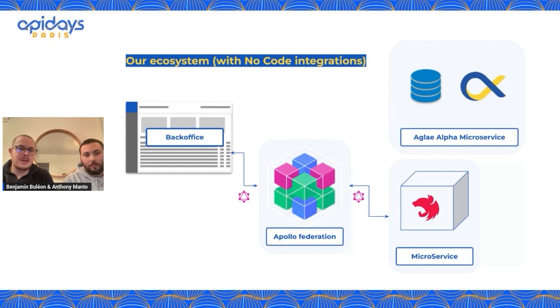Every time Aglaé Alpha sends or receives a message, it is stored in a database, in our case, a PostgreSQL database. And we would like to be able, for example, to display in the back office the conversation between a worker and Aglaé Alpha, so that during the training session,